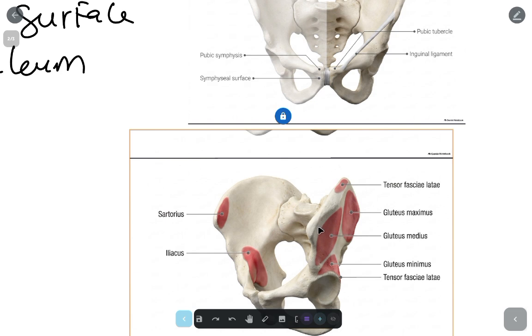So another muscle we also have is the sartorius muscle. So where does the sartorius originate from? The sartorius is the longest muscle in the thigh, and it originates from the anterior superior iliac spine. So this is the sartorius, and this is the anterior superior iliac spine. And another muscle you have to put in mind is the iliacus, which I've mentioned before. It originates from the iliac fossa,